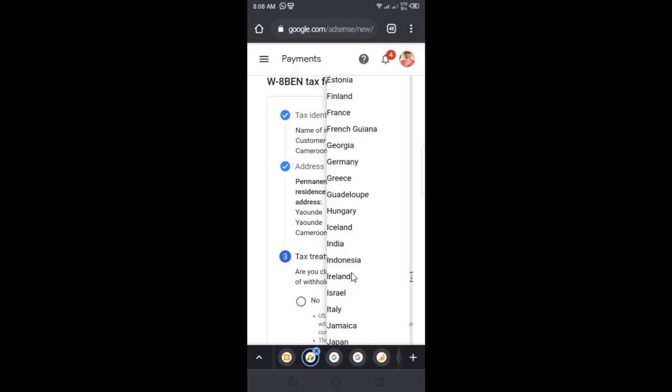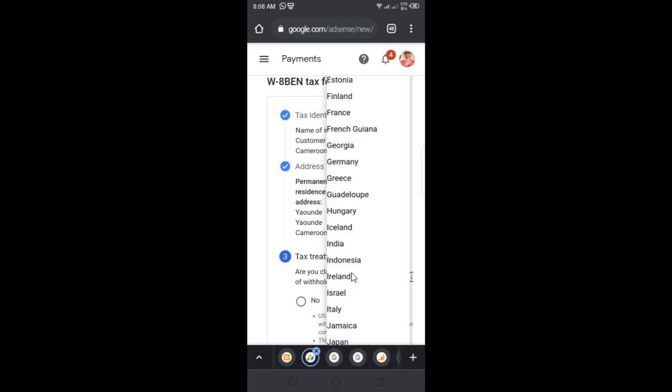So the taxes for certain countries here with the US are to be paid in a smaller amount, or have been reduced. For some countries you're going to see the taxes reduced from 30% to 10%, and some have been reduced to 0%. You find that with a few countries here.